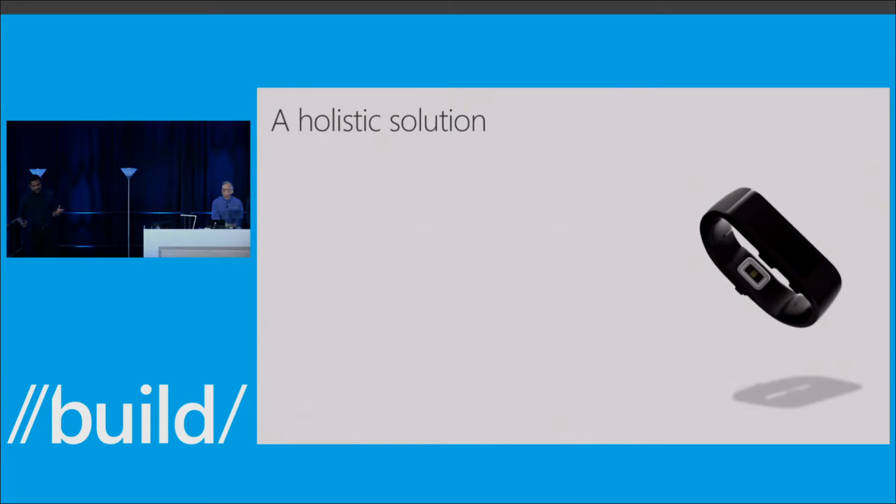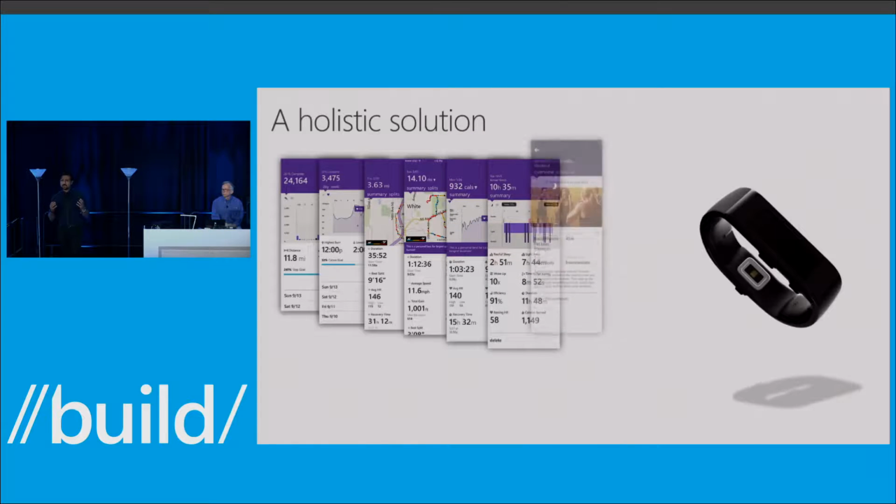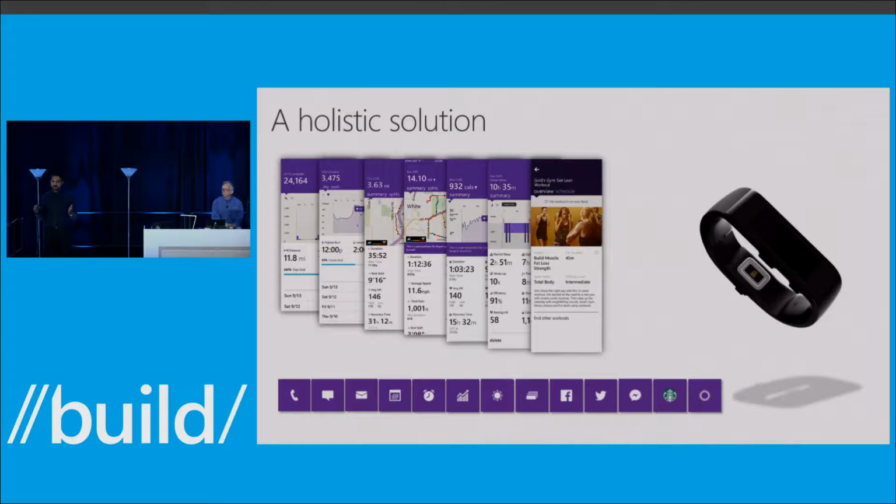All the data collected by Microsoft Band goes up to the Microsoft Health Service, and it comes down in the form of rich graphs and charts and trends that give you a detailed view of your health. Those charts and graphs, combined with the on-band features that we just talked about, we feel that Microsoft Band and Microsoft Health give you a holistic solution for health, fitness, and connectivity.